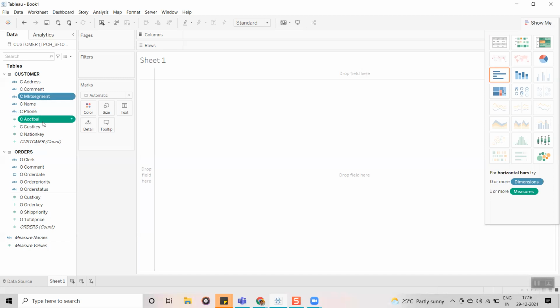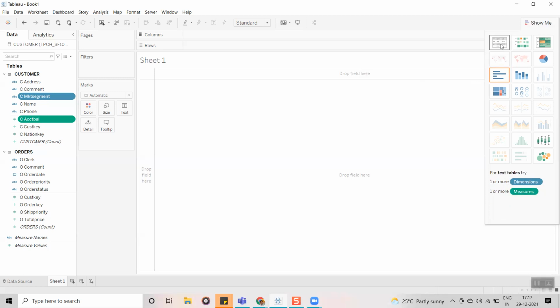Once I select the fields, you can see in Show Me that different graphs are highlighted, because by using these fields we can create these visualizations. Whatever you want to create, you can directly click on the visualization. But as I said yesterday, the Tableau recommended graph is the bar graph. It is up to you whether you use this graph or not.